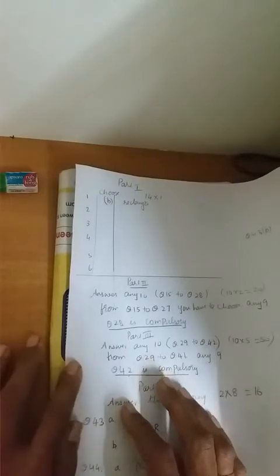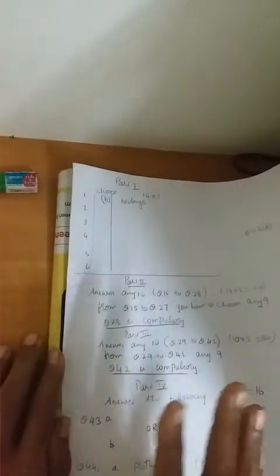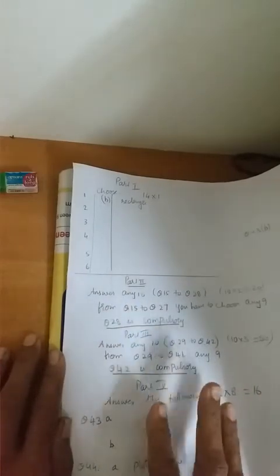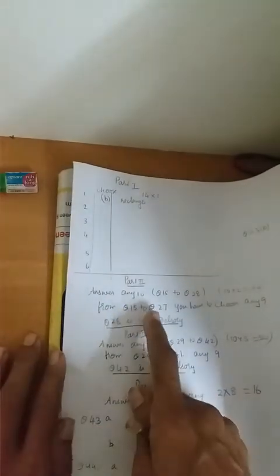And after finishing the second part, please count whether from question number 15 to question number 27, you have attended 9 questions or not. If you attend an extra question, your marks will go off, children. Those 2 marks will go off. You will not get marks for that extra question. So be very, very careful.